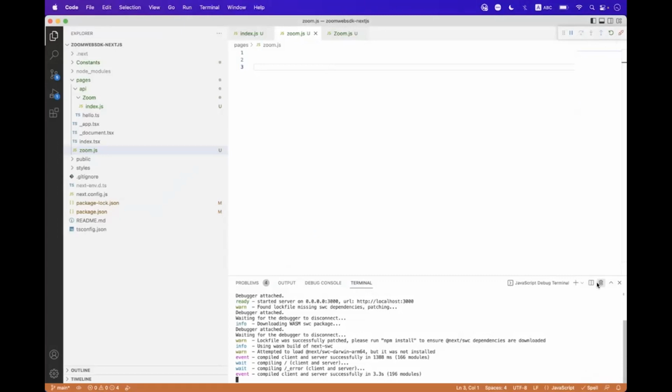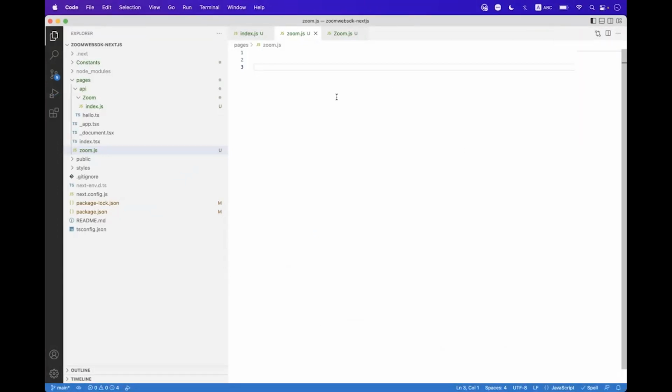Now we need to stop this, and then we first need to import the Axios package. So we say const axios = require, and here we need to import Axios. We cannot directly import the WebSDK package. If you directly import the SDK package with the latest React version, then you will face problems. So that's why we will apply a trick so we can get the Zoom WebSDK package loaded successfully inside the